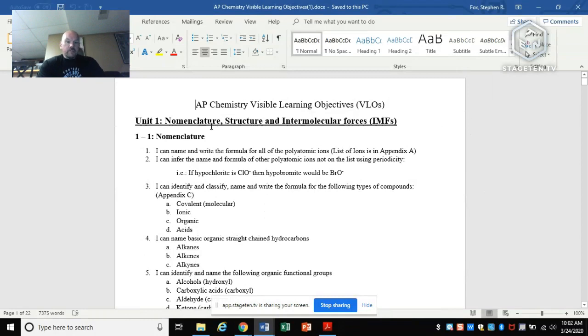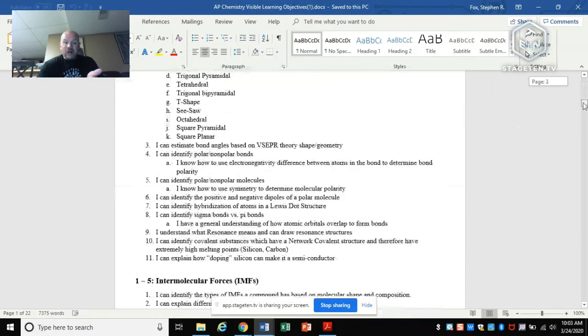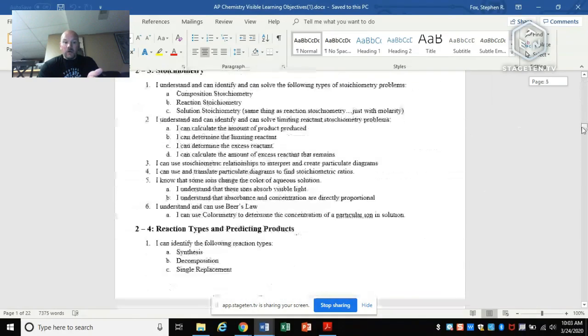The units you should be reviewing for the AP exam are units 1 through 4, and then unit number 7, the last unit that we haven't covered yet. Okay, so in the visible learning, these are the objectives that will be tested. Okay, so the objectives in unit 1 through 4,